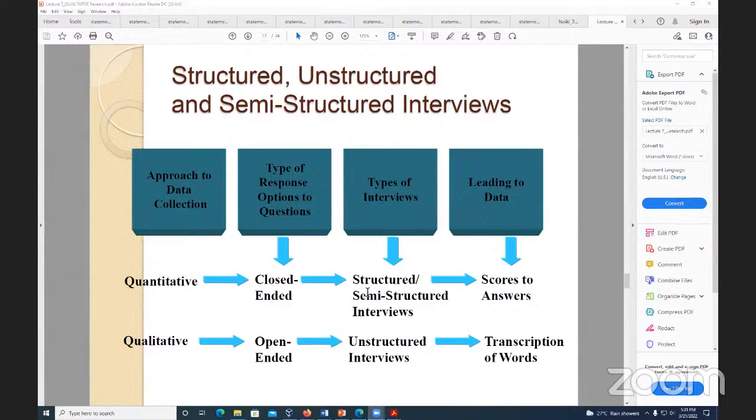A structured interview is one where you have a set of specific questions with finite answers. So here's an interview question. What is your year at UTech? In fact, I want to call it level. What's your level at UTech? And I say year 1, 2, 3, 4, 5, 6, 7.